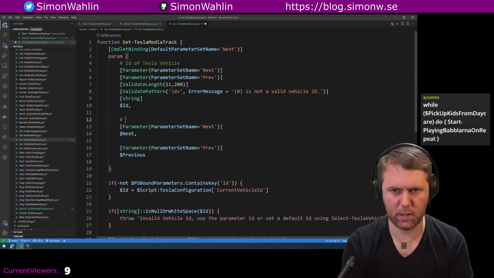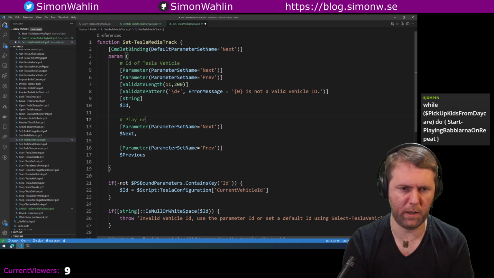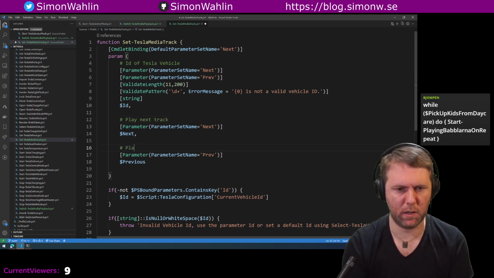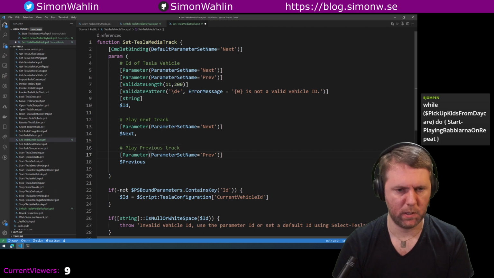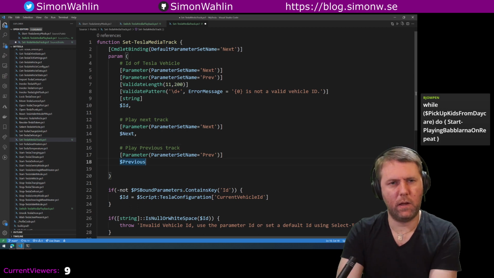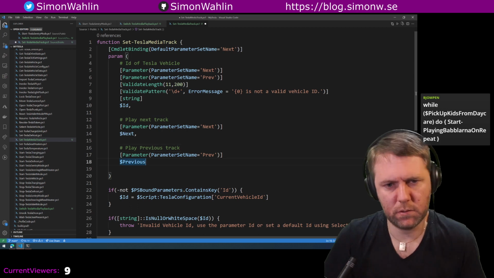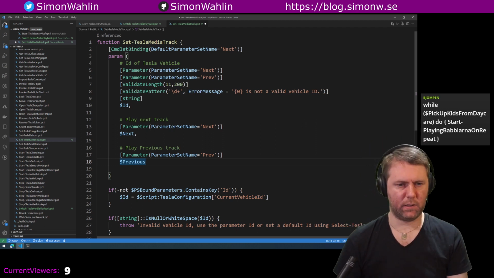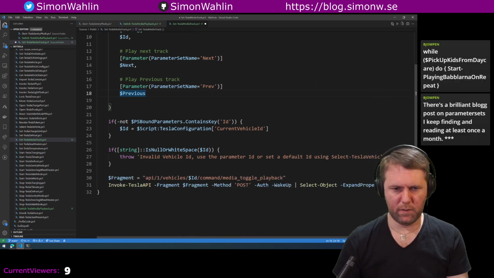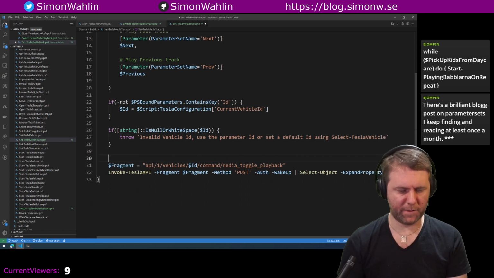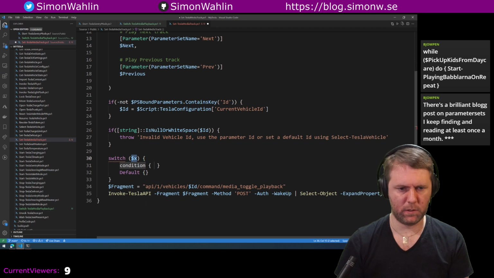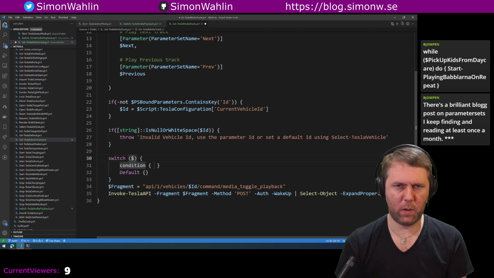So just do: play next track. We do the same here: play previous track, maybe. Yeah, so this should do it, I think. And then we need the vehicle ID, and then we do a switch statement. So we switch, and here we have a